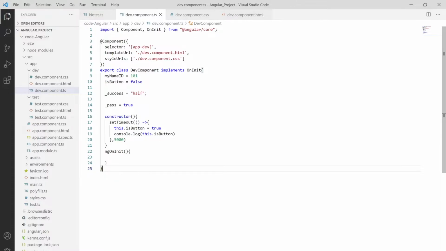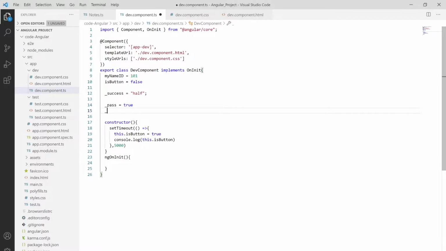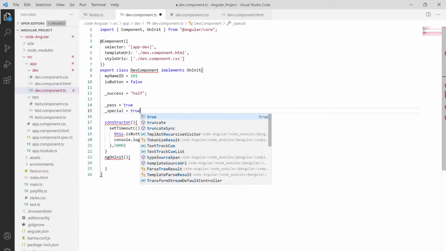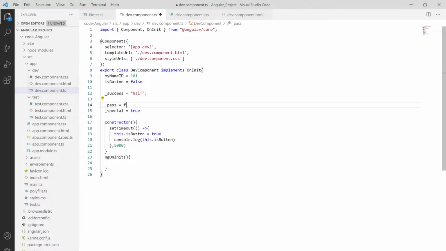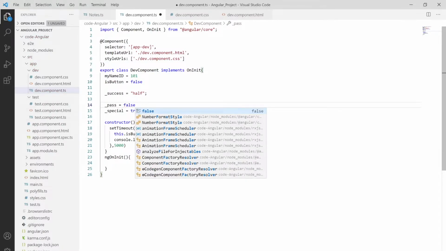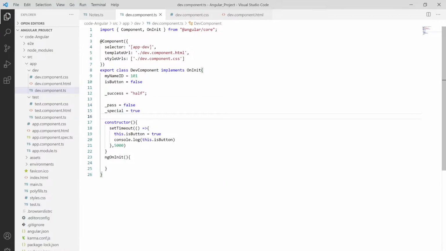So if you want to add multiple classes, then we have a syntax which is the ngClass directive. Let me put it as underscore pass, or say special over here, passing this value as true, and putting this one as false. Let me save this, and I'm creating one more object, which is our text class. I want to bind attributes on the basis of some conditions.